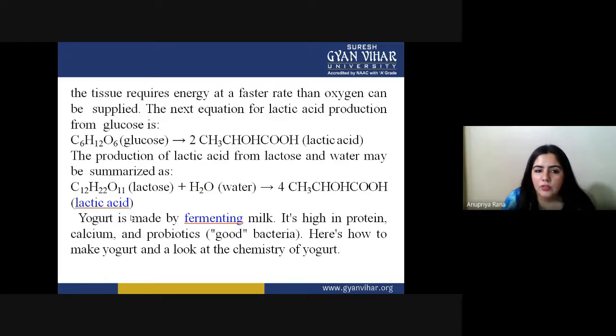First, the lactose is C12H22O11. That is the molecular formula for lactose. With the addition of water, they are going to produce lactic acid. So you can easily see lactose, if hydrolyzed, is converted into lactic acid. So yogurt is